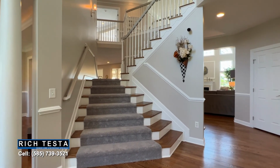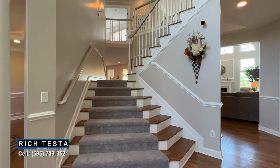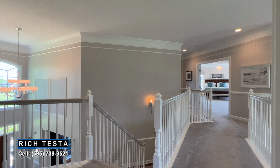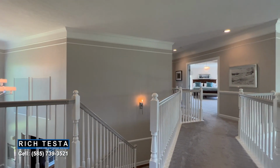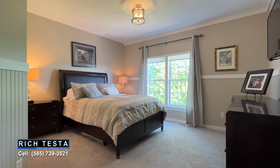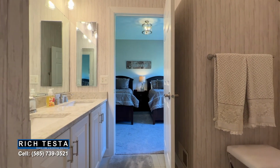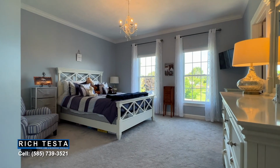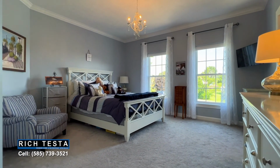The elegance continues to the second floor with a gorgeous staircase leading to the landing overlooking the foyer and great room, plus 4 spacious bedrooms and 3 full bathrooms, including a Jack and Jill setup, a guest suite with a private bathroom,